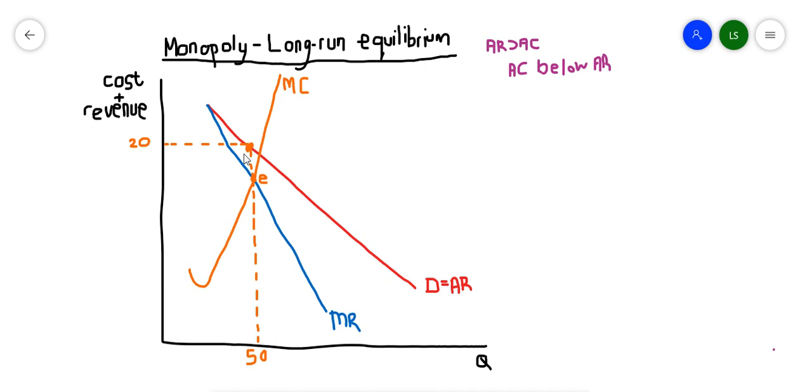And remember in class I said we can put it here in between my profit maximization point and my average revenue. It can literally go through my profit maximization point because it's still below average revenue, or it can go way down here below. All right, then obviously the lower down we draw it, the bigger the profit is going to be. Okay, I'm going to draw this one now really low, different from the one that I did in class when we did the short run, so that you can see it can also look like this.